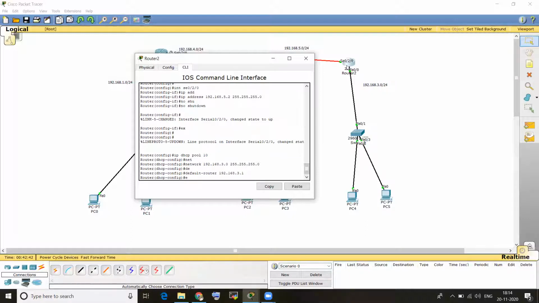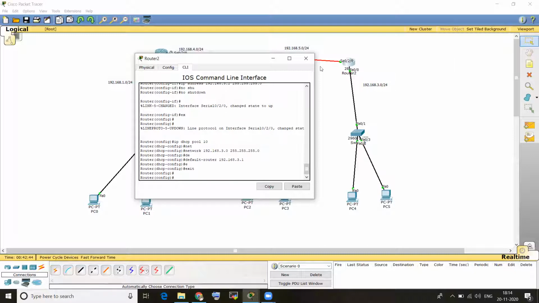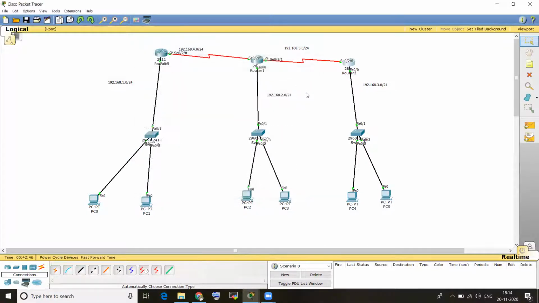Then enter, then exit. So now we'll check if the DHCP pool is assigned or not.